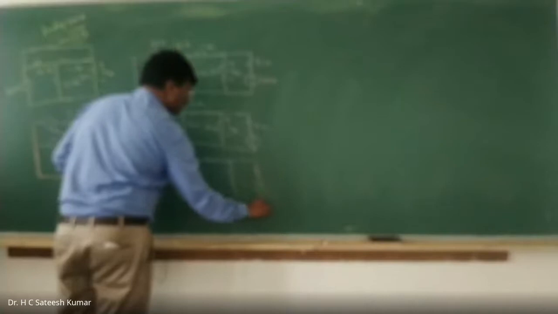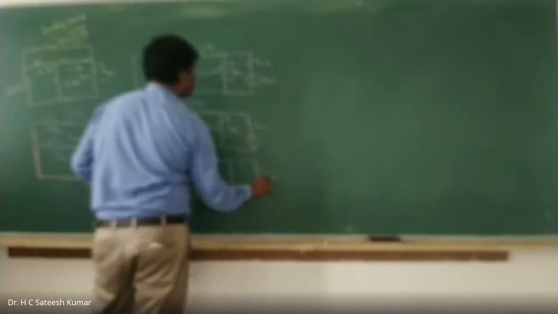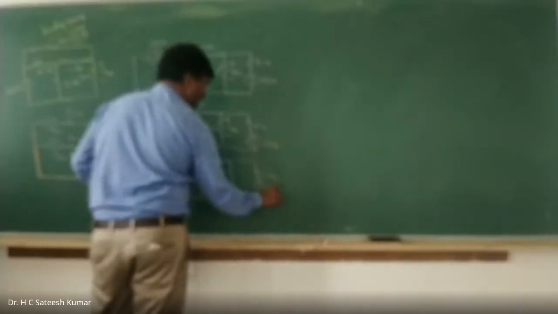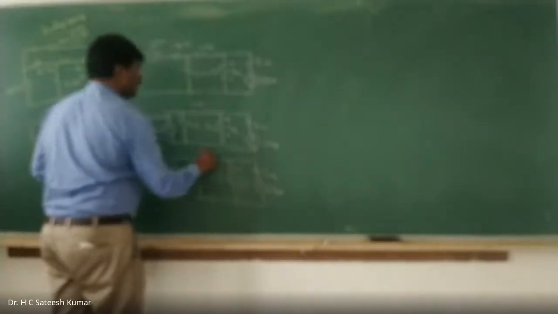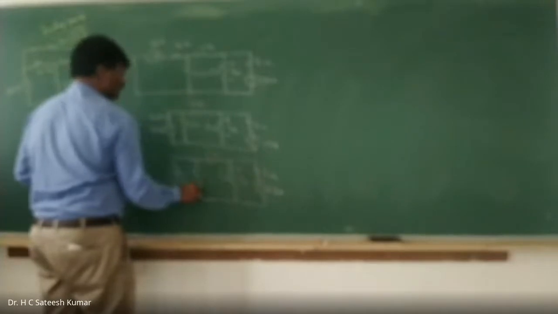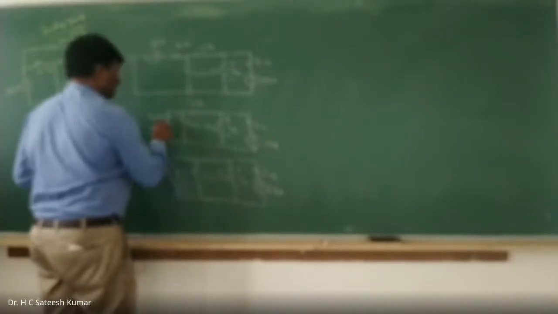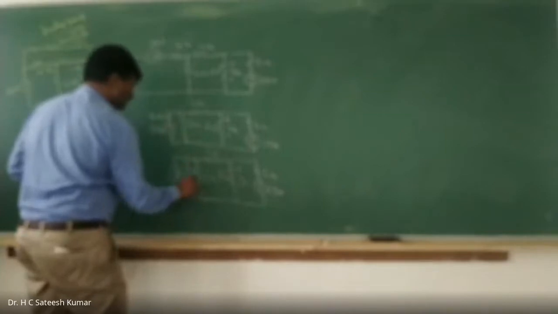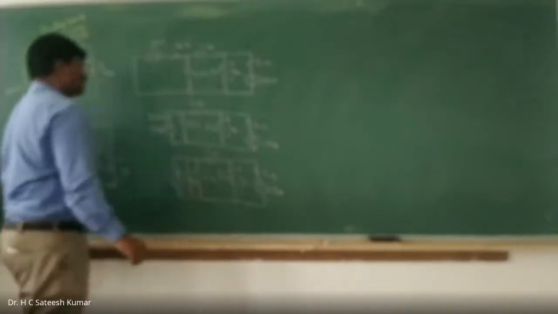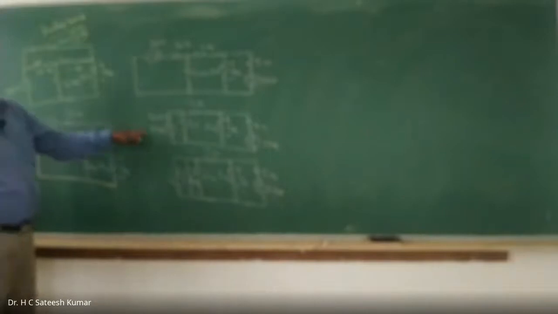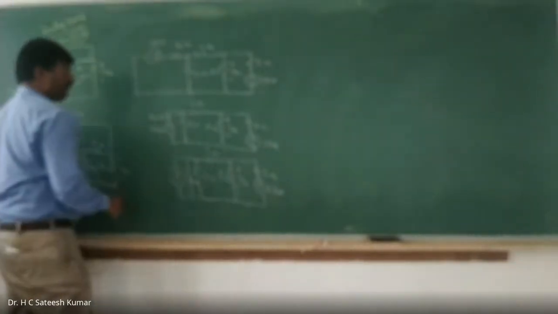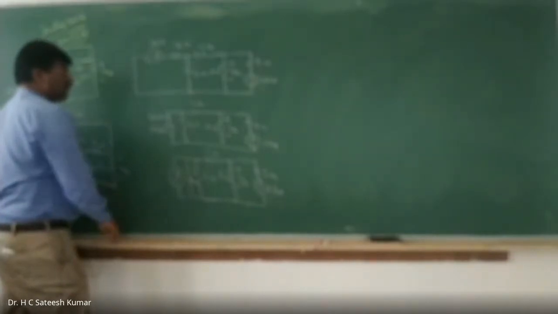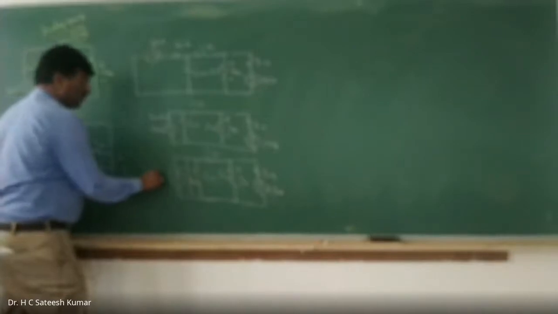Plus minus 3 ohms, and it is 18 volts, and 6 ohms, plus minus VA, 1 ohm, and this is 2 ohm, and this one will come parallel with this one. This is 4 ohms. I is equal to V by R, 18 by 4. That is 9 by 2. 9 by 2 is 4.5 amps.